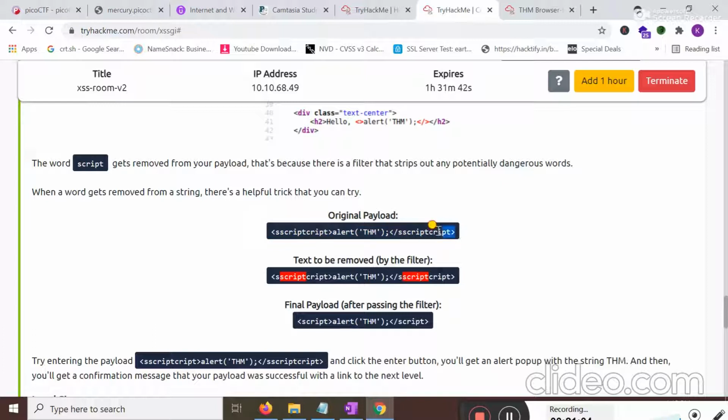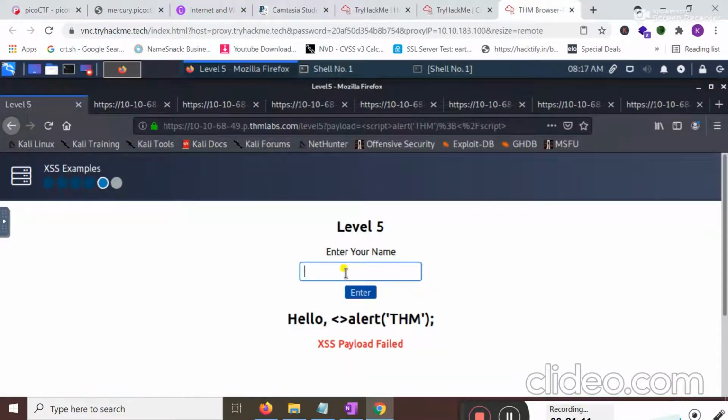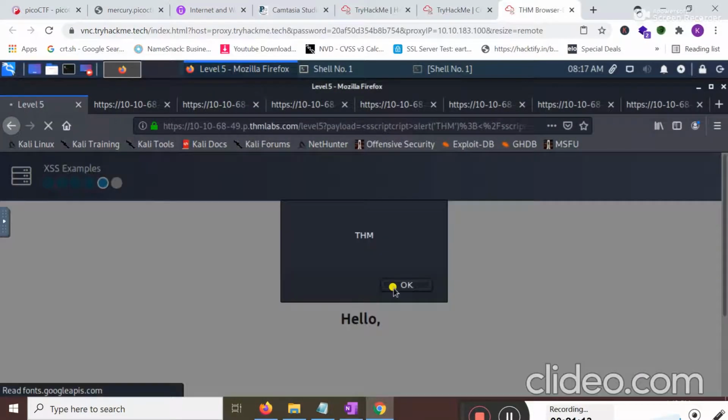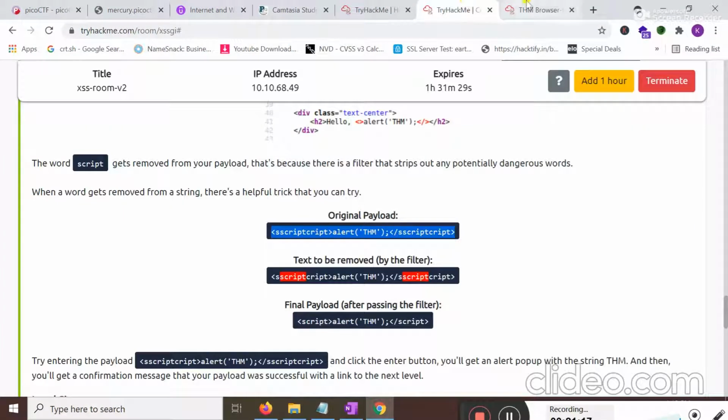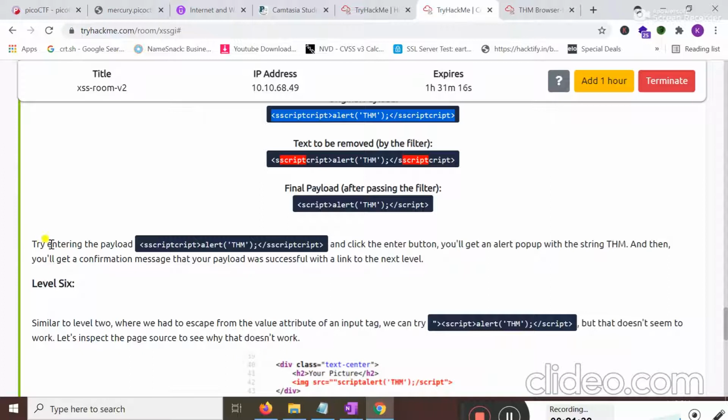Here you can see. I'm going to copy this from here. Now when I paste this and hit enter, obviously it pops up. Now basically the filter cannot work here, as I used this payload. You can see here how it actually worked when this payload is executed.